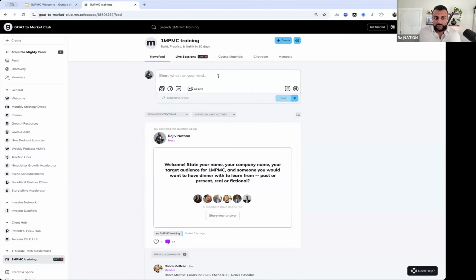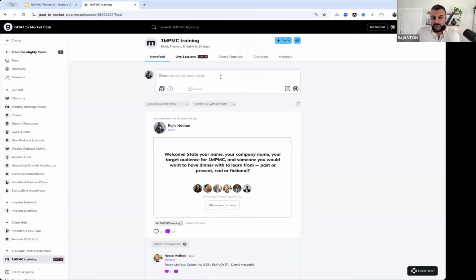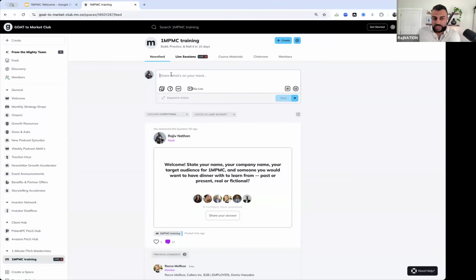You'll also see, if you're trying to add a little bit more, you can click this expand to article button. It just gives you more space to type if you feel you need that and you wanted to put a specific title on your post. Might not be necessary. Typing within here is probably going to give you everything you need. But consider the stuff you would put in here is the stuff you want to be able to easily find later and have more like legacy access to.